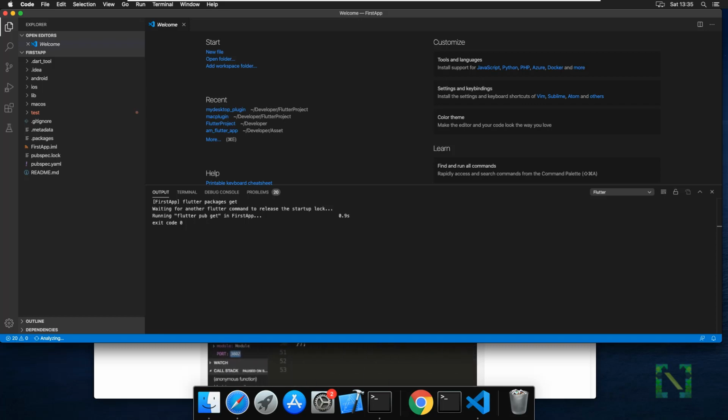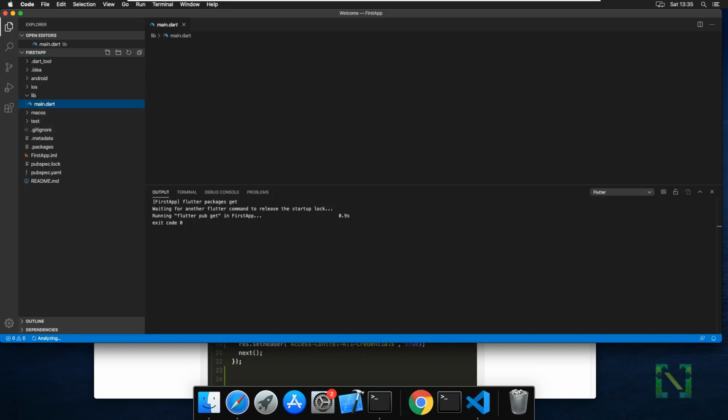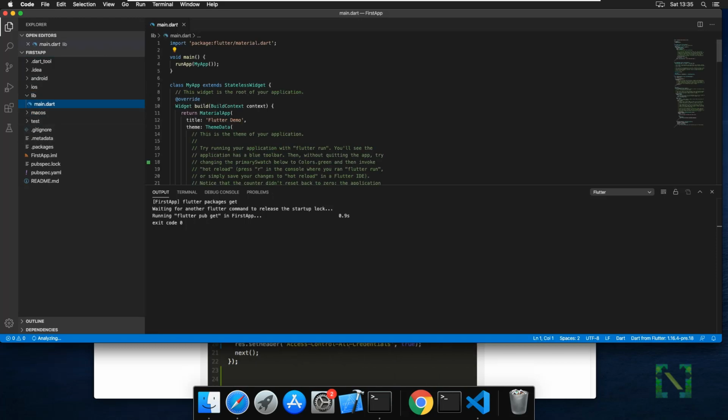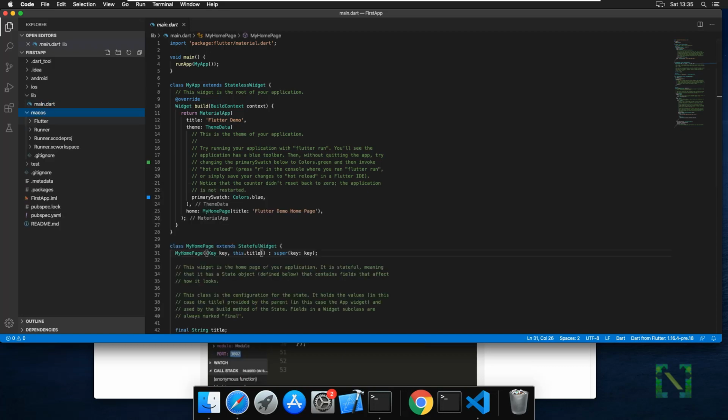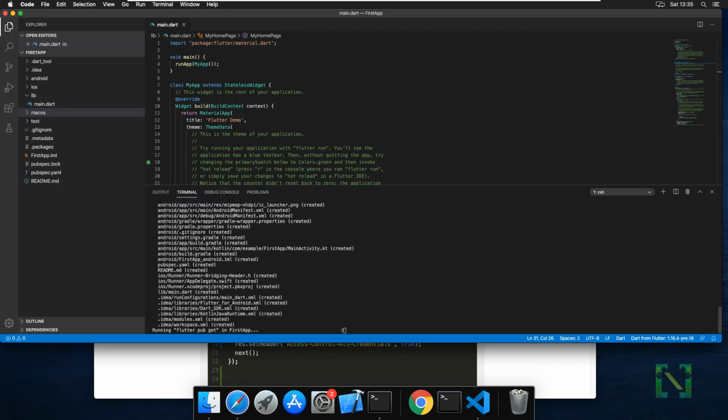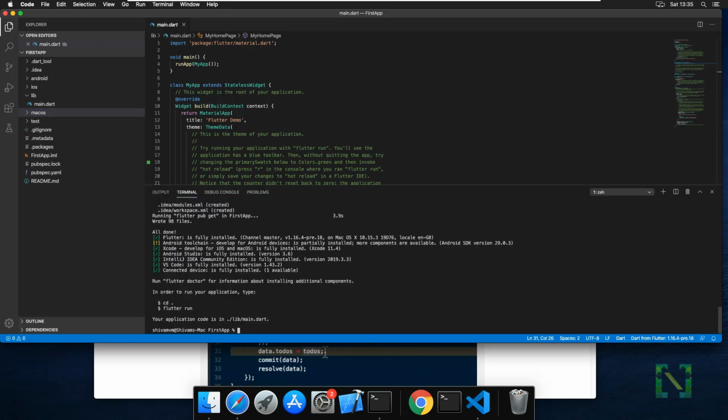Now there is a lib folder. In that there is a main.dart file. That's our application. By default there is already a counter application, and we will run and test that application. Here is a macOS folder which is required for macOS application development. All the native features will be mentioned here, while the other features like UI and other Dart code will be in the lib folder, that is in the main.dart file.